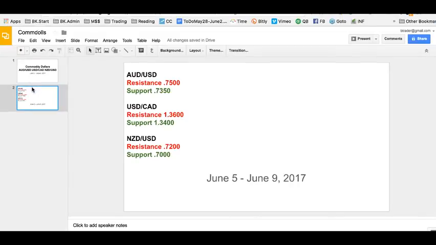On the Aussie, the resistance support points still stay at the 73.50, 75 level, but now we've had a lot of back and forth two-way movement, and I think it's going to be interesting to see just how well that resolves. That 73.50 is still very, very key support. If it turns back down to the downside, it opens up a much bigger run to the downside, in my opinion.